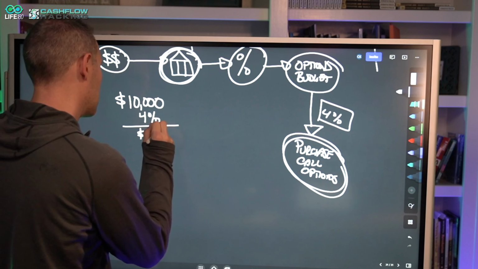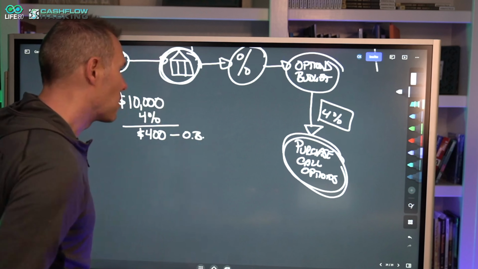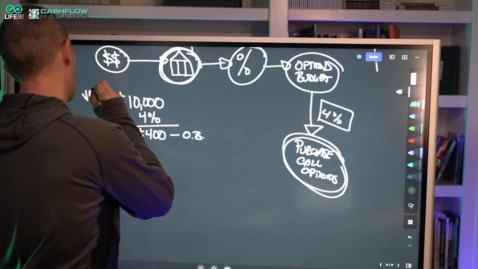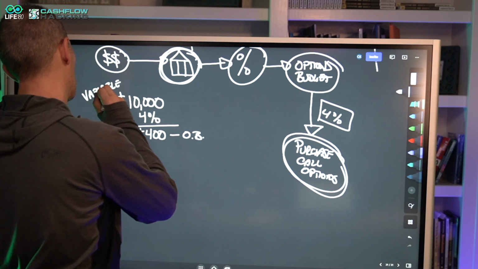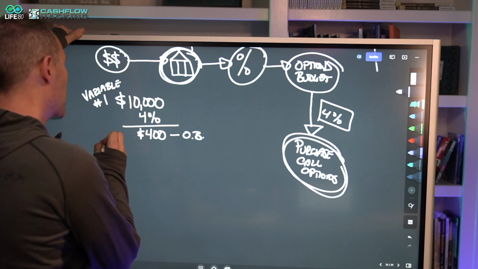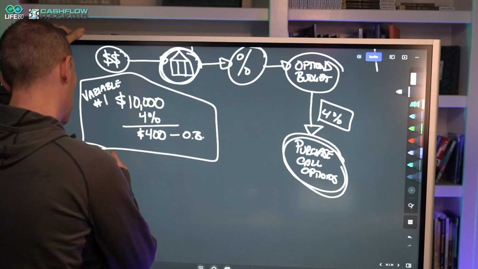This is your options budget. I'm going to call it the OB. That's variable number one. Okay, we got that handled. Now, variable number two